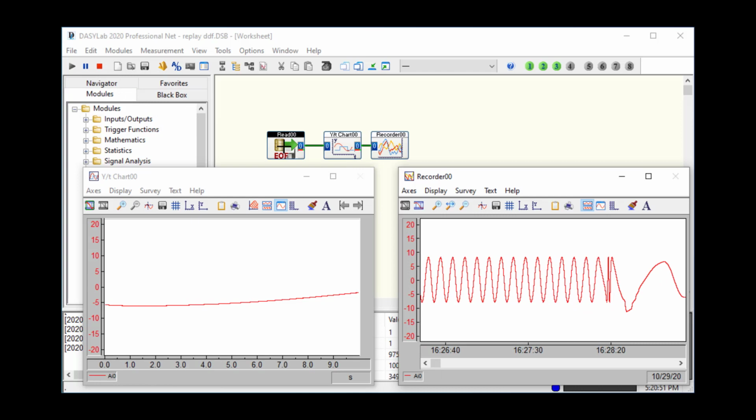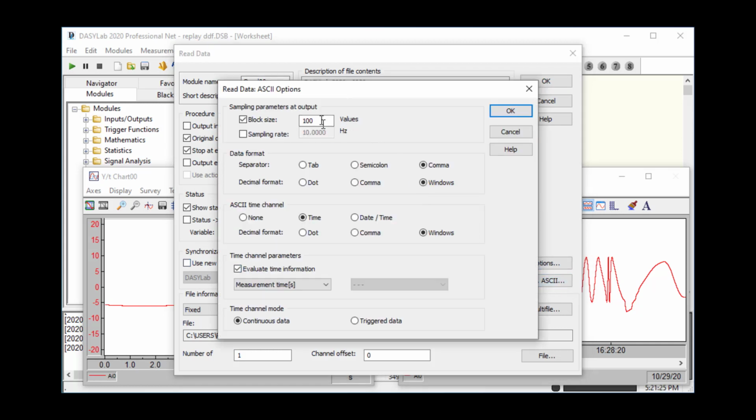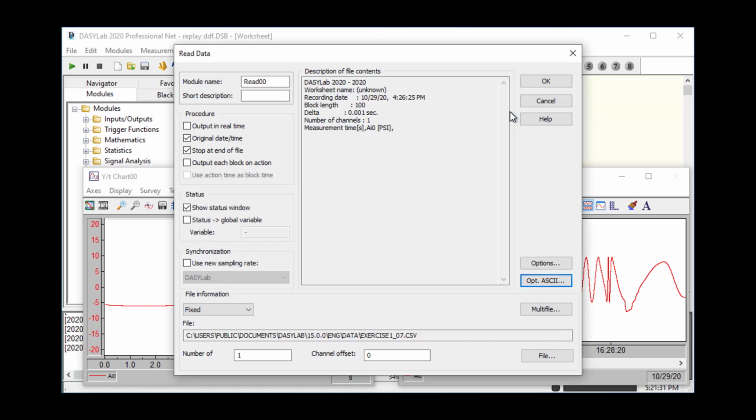So one of the things I hope you saw is that you will get an end of file, EOF, on the actual read module icon when the file is completely read. There are a bunch of other settings in the read module. You can let it replay continually. Instead of stopping at the end of the file, you can get it to just keep reading the data over and over again. You can show a little status window that shows you how far you are through reading your file. You could force a new sample rate on it, but you would do that in the options ASCII before you would do it out in the outer dialog box. ASCII just has some special stuff going